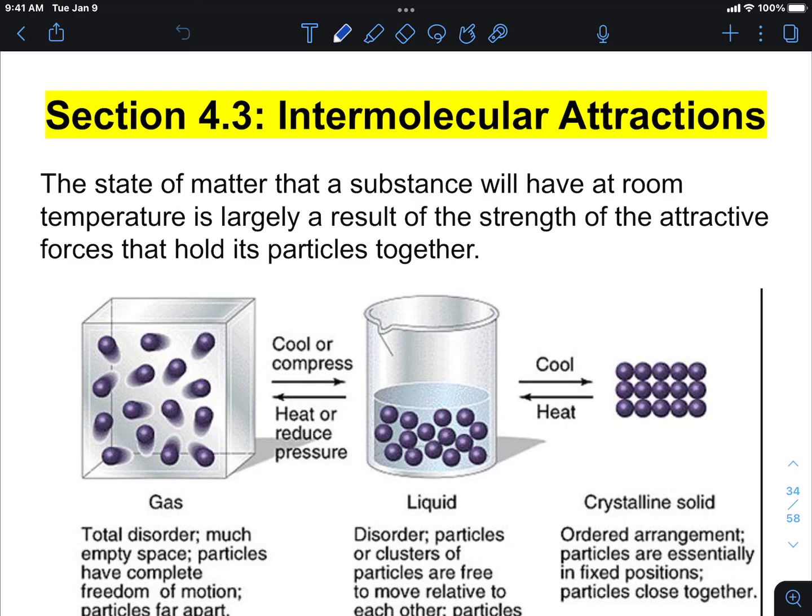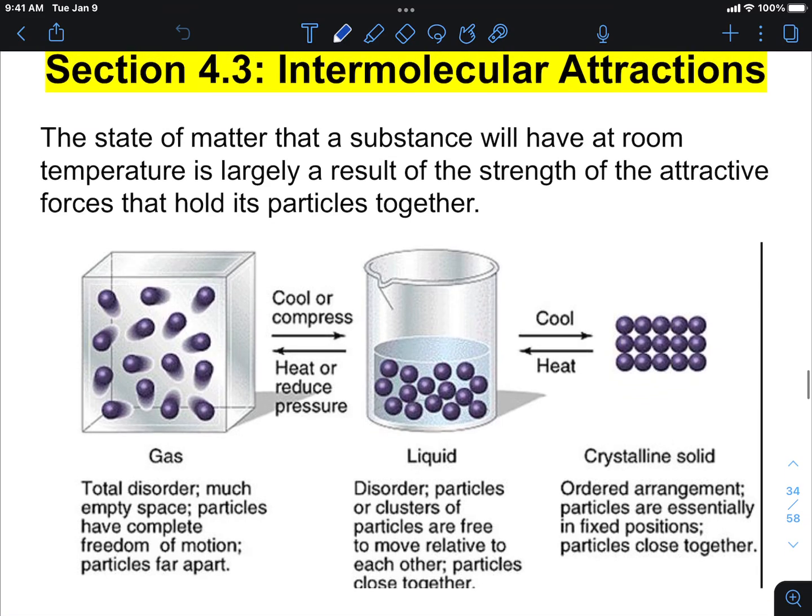So first off, here we see samples of three states of matter, right? We've got our gas, our liquid, and our solid. Now, whatever state of matter a substance has at room temperature, meaning the temperature that we're in right now, around 20 degrees Celsius, whatever state of matter something's in depends on the strength of attractions. So, gases